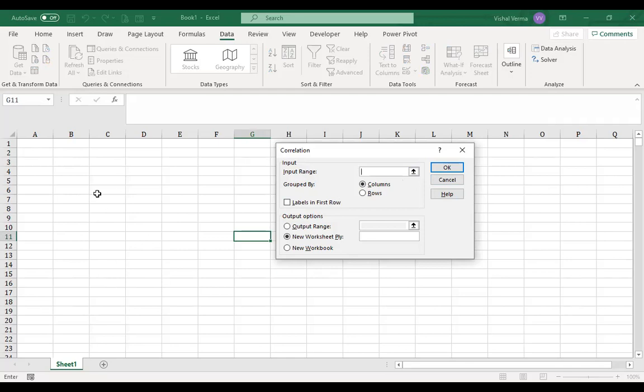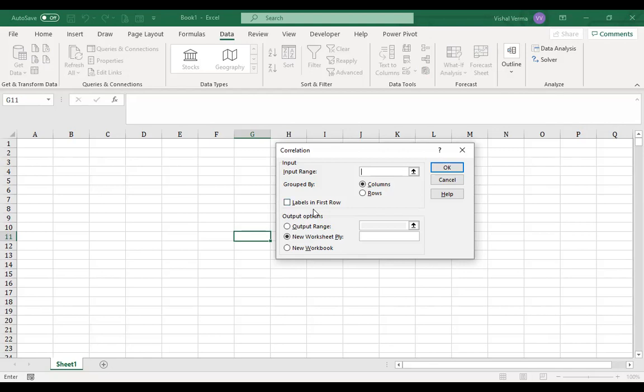For example, if we want to compare sales and profit, or sales and product price, or anything related to that, when we want to see whether there is a correlation between one set of variables and the other set of variables. The advantage when we are using correlation in the Data Analysis ToolPak is that we can do multiple variable correlation at the same time.